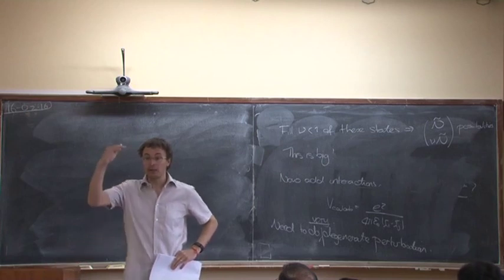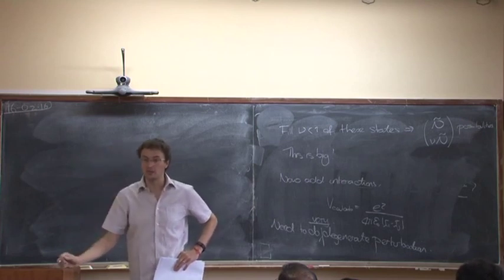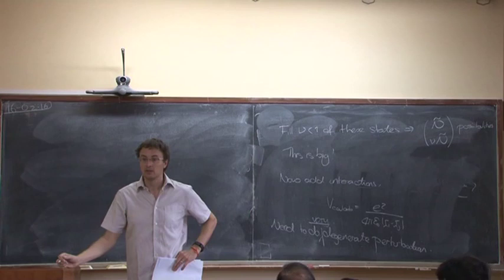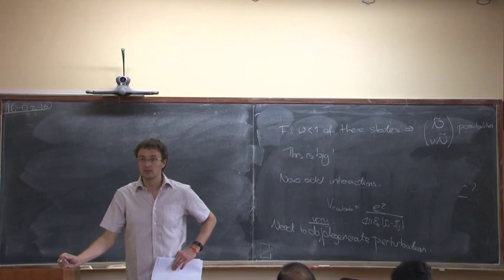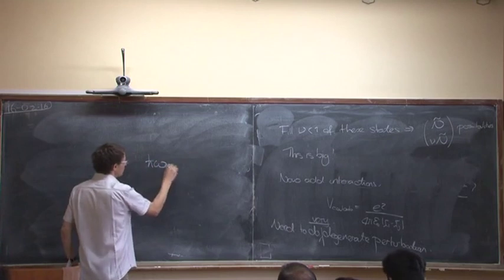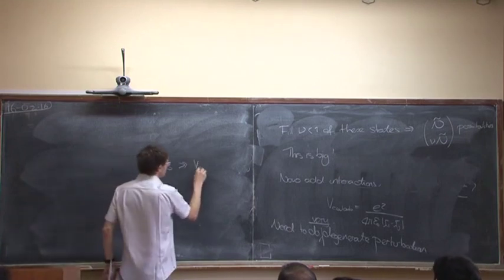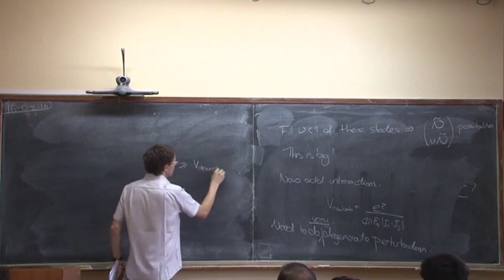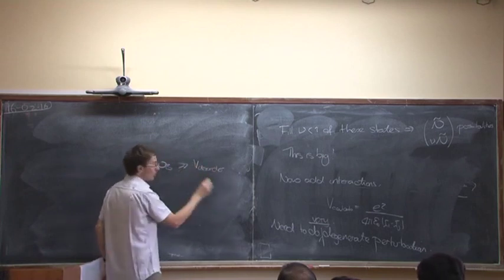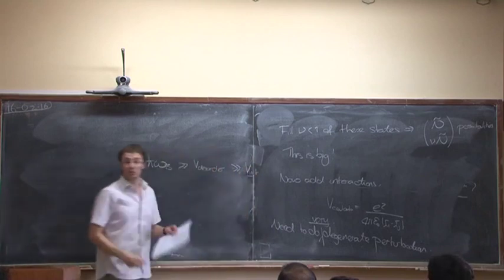But there, the integer part meant you were always in a system where you filled up all the states. Now you're looking for the plateau phenomenon, the fact that you continue to get the plateaus. And there, you're not filling out all the Landau levels. So I think what's going on here is that for the integer case, you're really in the regime where the gap between Landau levels is much bigger than the energy of disorder, which in turn is much bigger than any interaction energy between them,